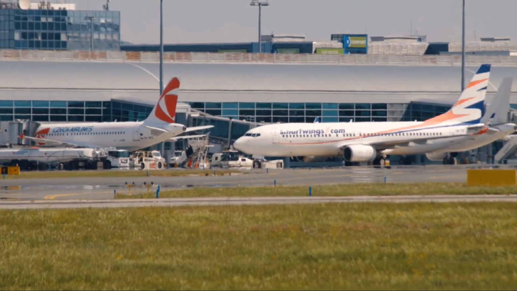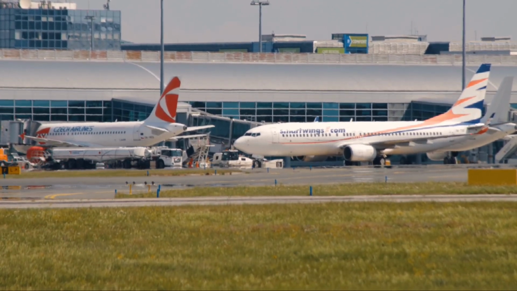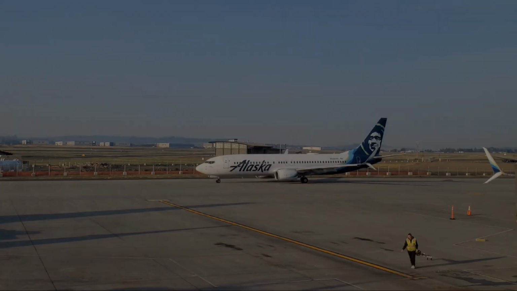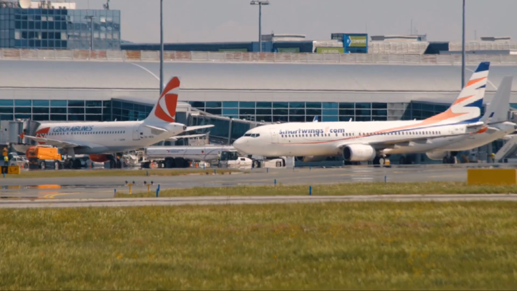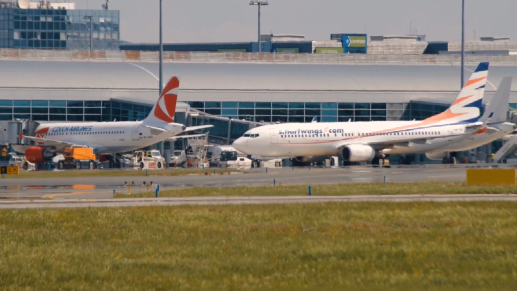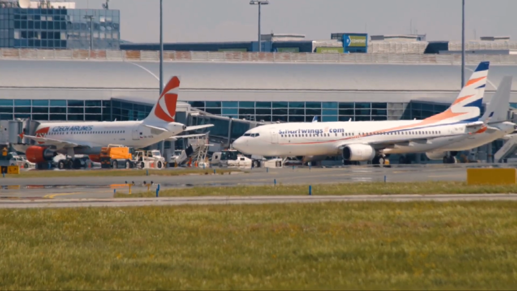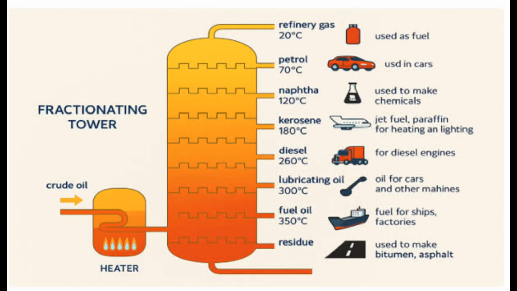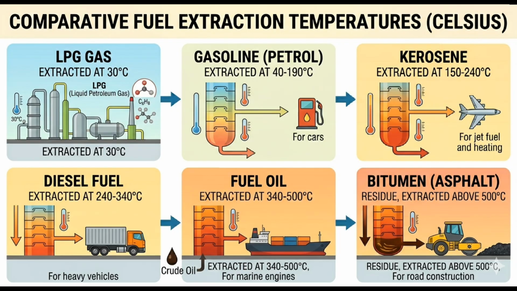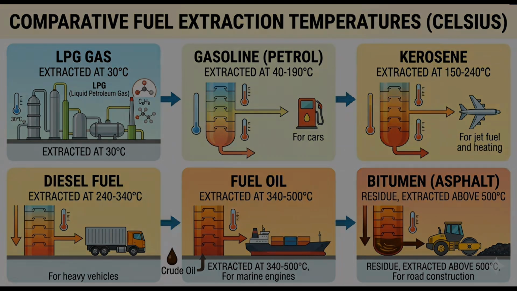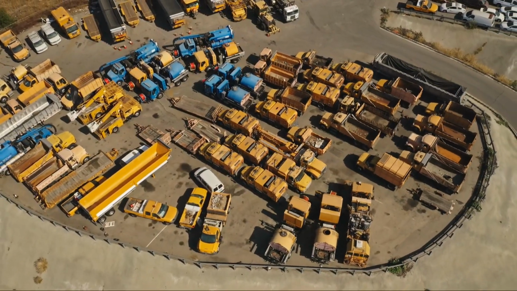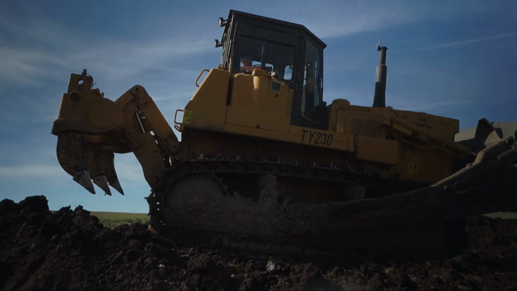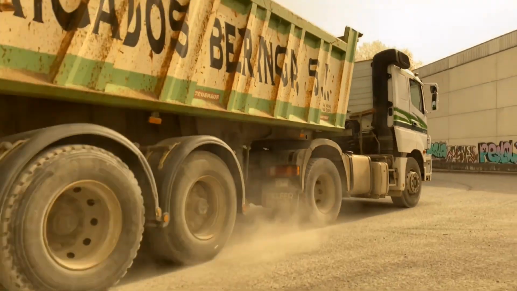Now, at such a temperature, kerosene freezes and becomes like jelly, which will make kerosene unusable. To solve this problem, some additives are added to the kerosene of the plane, which keeps kerosene liquid up to -47 degrees Celsius. After separating the kerosene, the temperature of the crude oil has to be increased again. At a temperature of 250 to 320 degrees Celsius, steam will be formed again. If this steam is cooled, diesel can be obtained. This diesel is the fuel for large machines, including heavy vehicles.